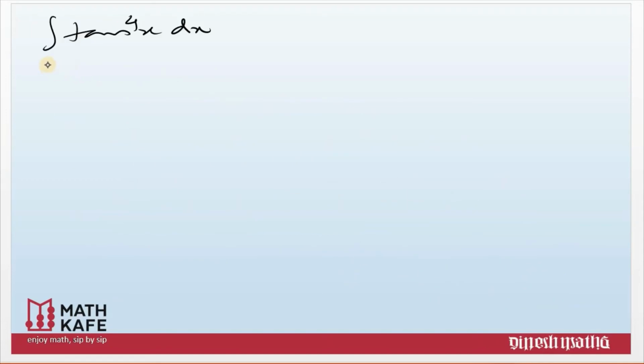Let us see the next question, integral of tan raised to 4x dx. Again, here also we will write this just like the other one. In all these four, tan, cot, sec, cosec, all will have the same idea. You write it as tan square x into tan square x dx. Again, tan square x we can't do anything, so instead of tan square x, use the basic standard identity.